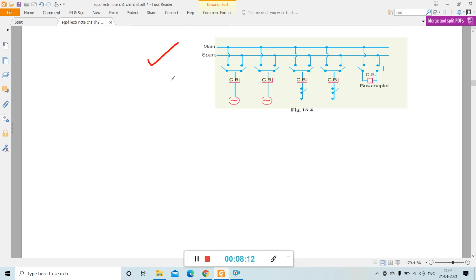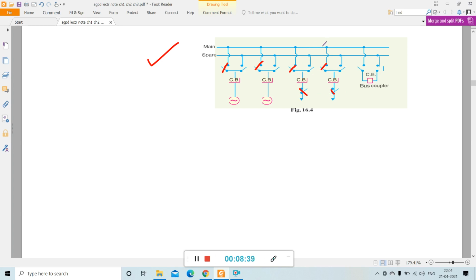See how it will work. When we connect to the main bus bar, then this isolator is closed and this isolator is closed. So now this generating station is connected to the main bus bar, this also is connected to the main bus bar, and this isolator should close, this also closes, this also closes. Now these two feeders are also connected to the main bus bar.